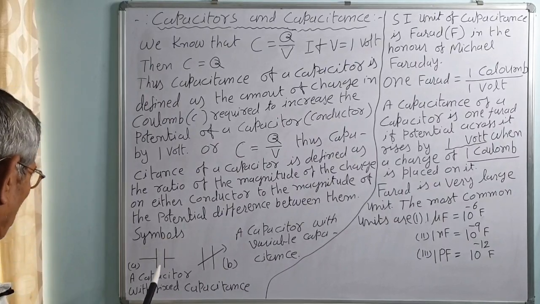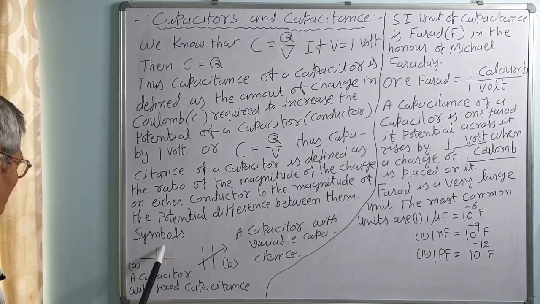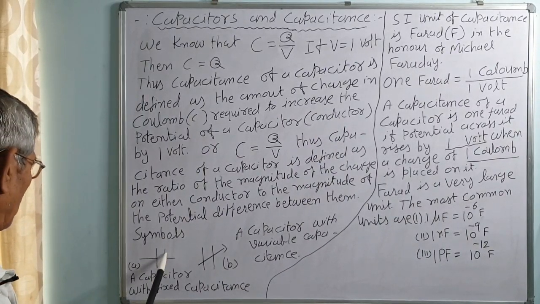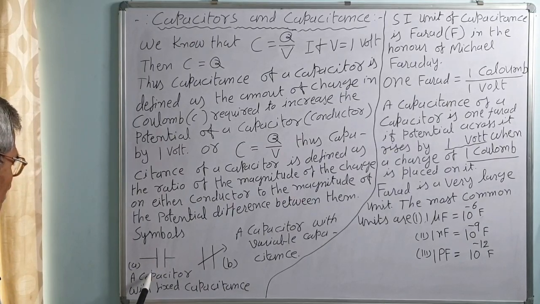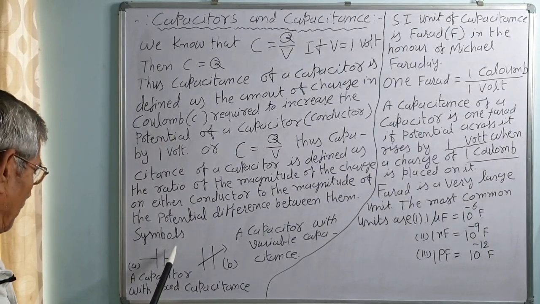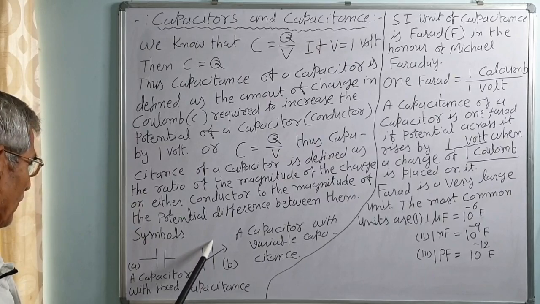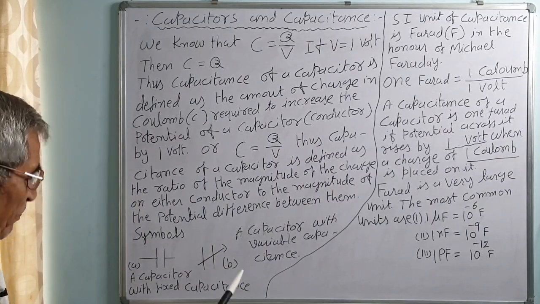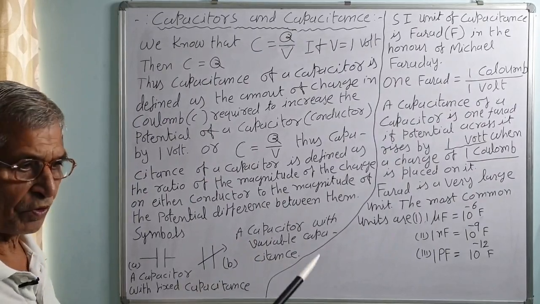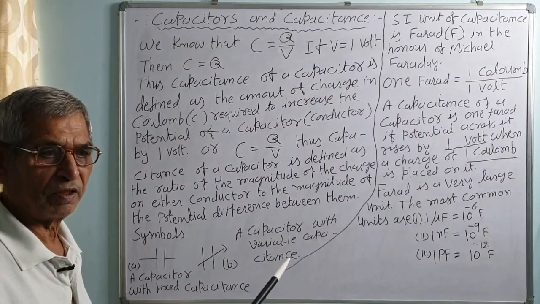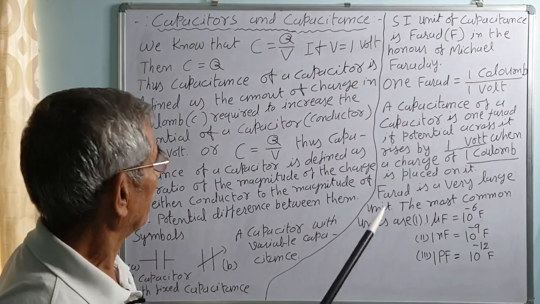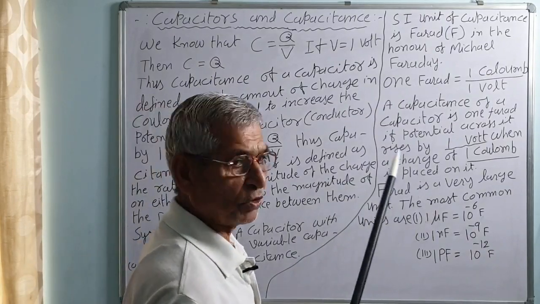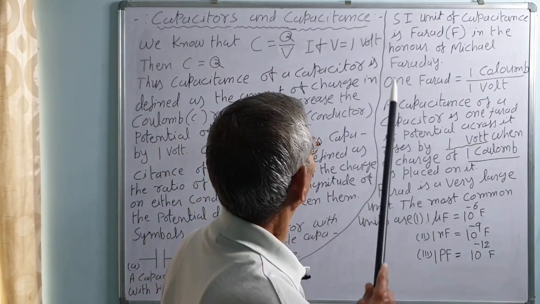The symbols of capacitors are shown in this. These are the parallel plate capacitor symbol. These are the terminals for connection. A fixed capacitor has a fixed value, you cannot alter it. This is a variable capacitor, whose value you can alter. It is a gang capacitor used in radio for tuning. Capacitors are used for tuning and for filtering or smoothing the DC current. They are also used to store charges.